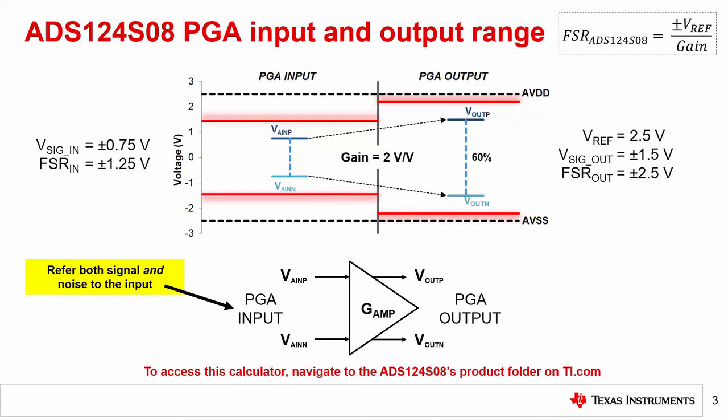First, this combination of settings does not allow you to use 100% of the ADC's FSR, though you can adjust system parameters such as the input signal, circuit gain, and the reference voltage if your system required it. For example, you could instead use a 3-volt reference that enables a gain of 4 volts per volt and 100% utilization. However, you can view the Precision Labs module on voltage reference noise to learn why this is not always beneficial. Moreover, you don't want to overrange the amplifier, so some margin is always recommended.